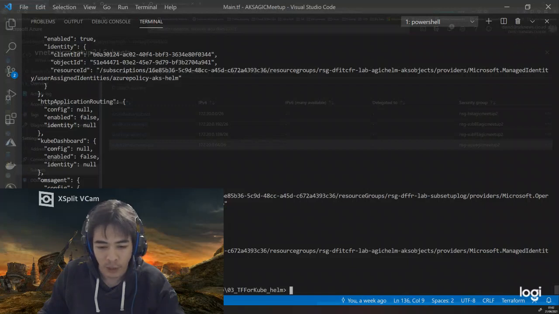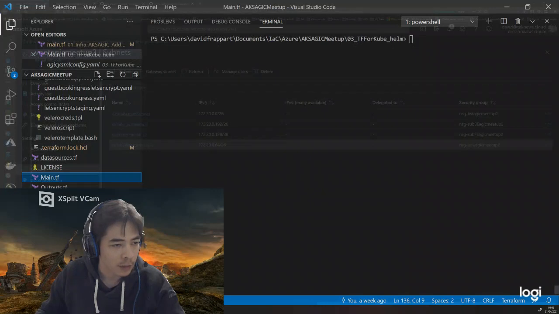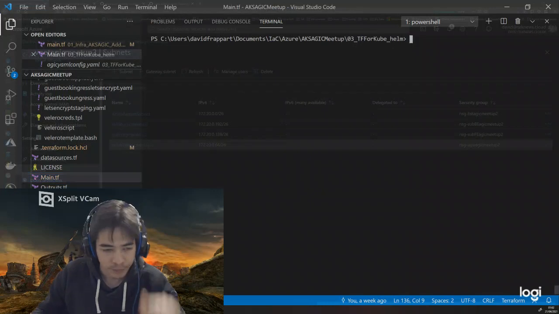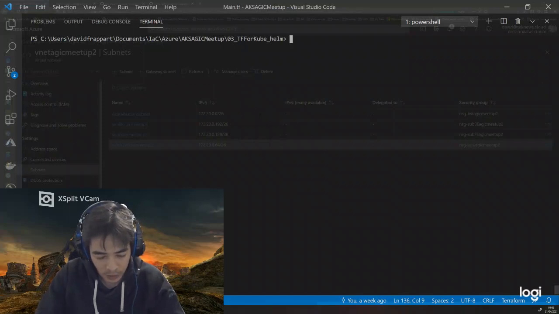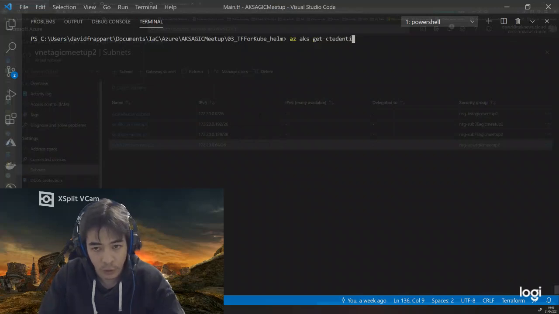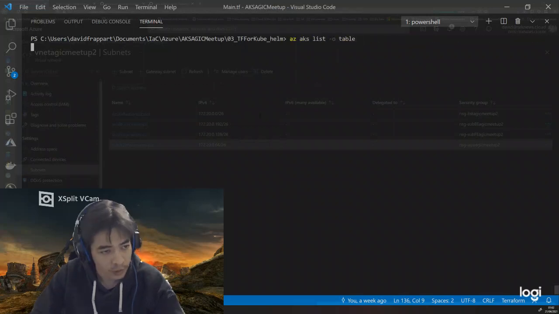Now that I've showed you everything over there, let's try to deploy some stuff in my environment. Before doing that, I need to log on my Kubernetes cluster. So let's do the AKS get credentials. I need to list my Kubernetes cluster first because I don't know the name by heart.